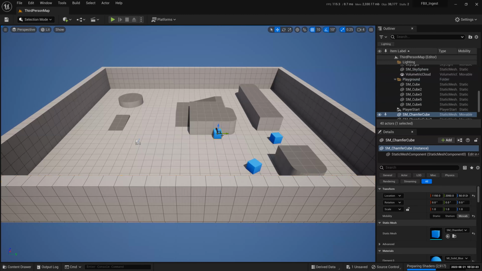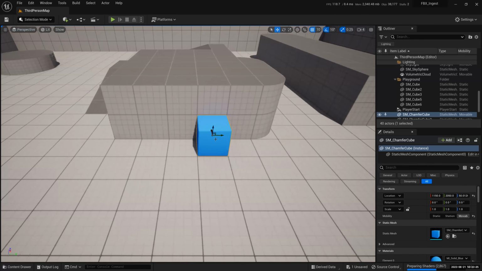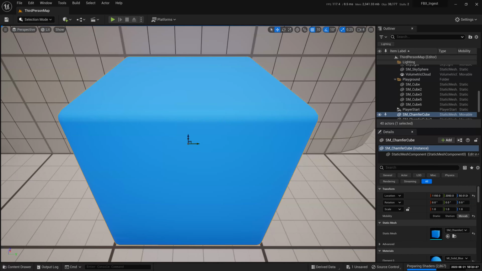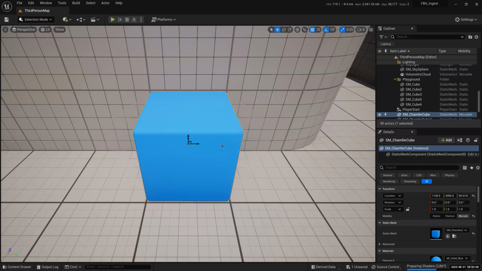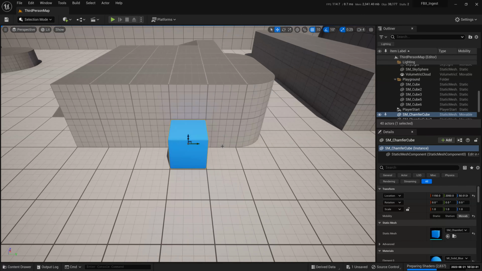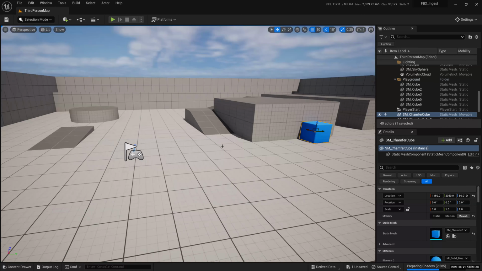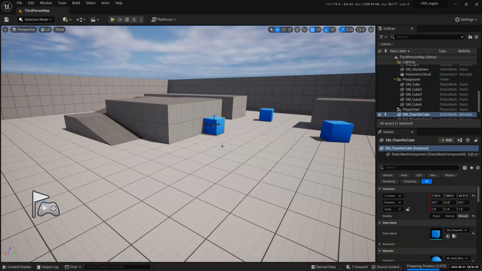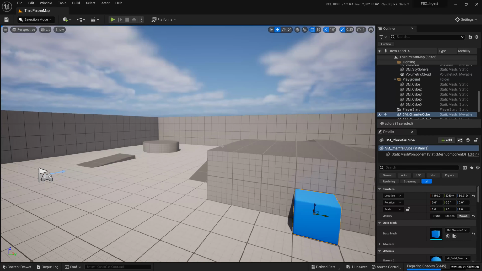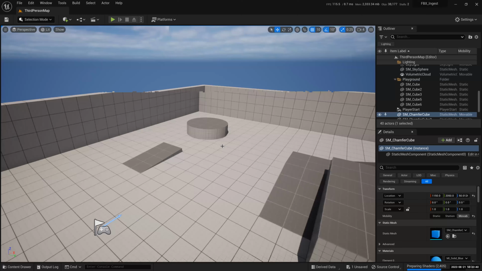So I even showed you how to click the F key to focus on an object, hold down the Alt key to move around. Because I'm using my own device, I can move around like that. In your case, you can use the WASD keys to move around, look around, and zoom into an area. Just like playing a game.